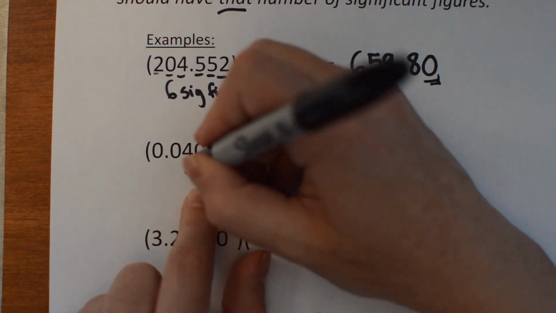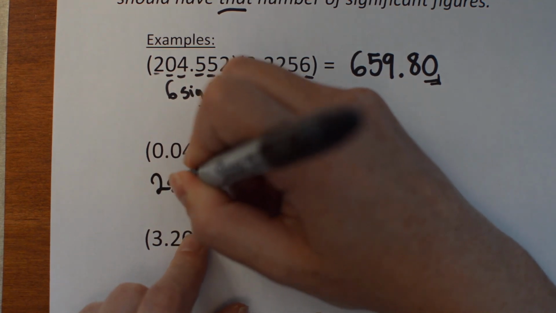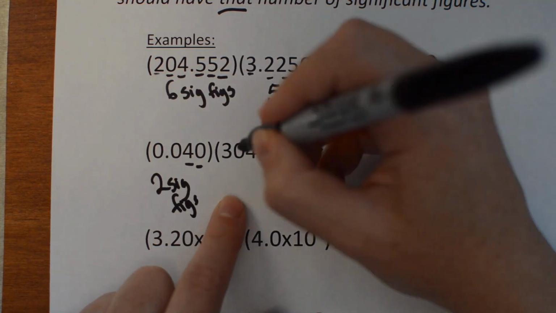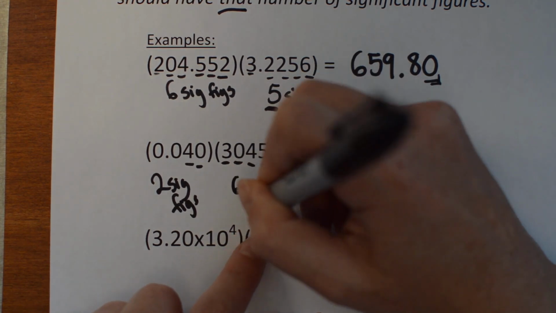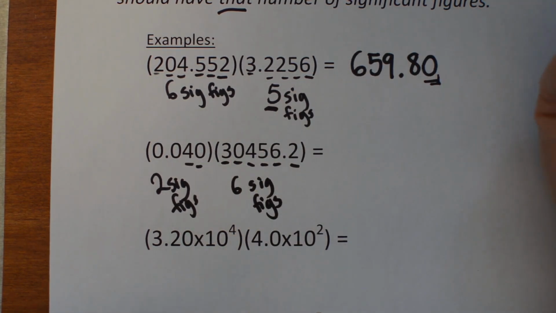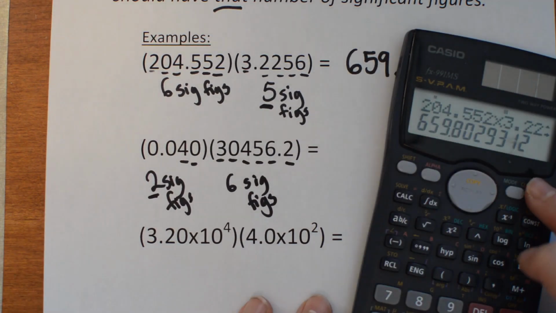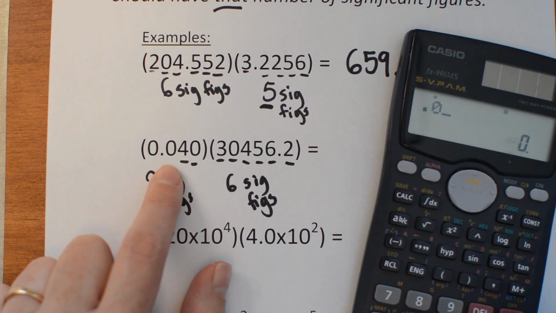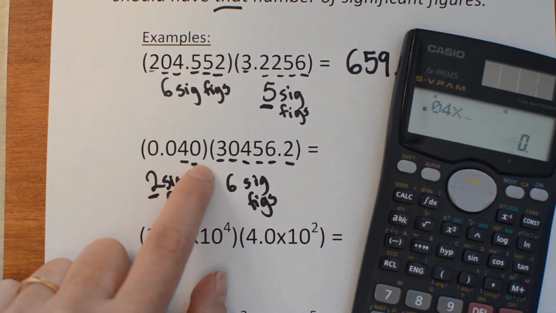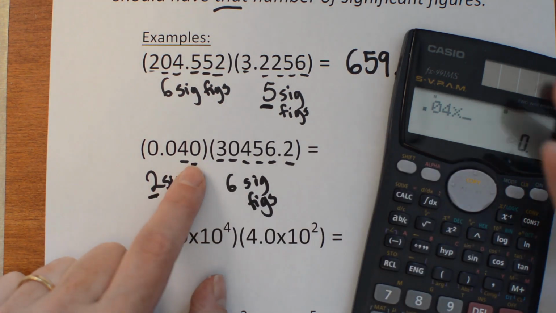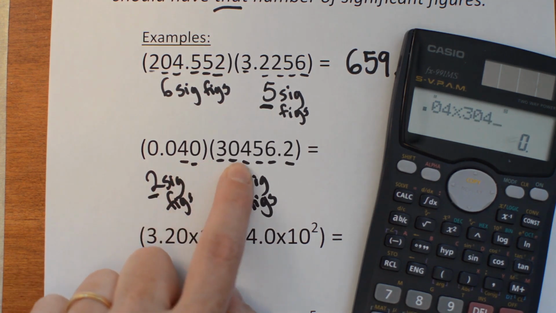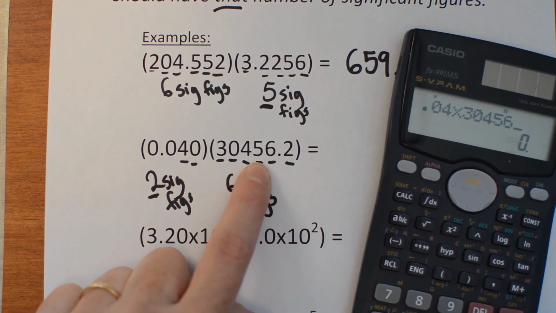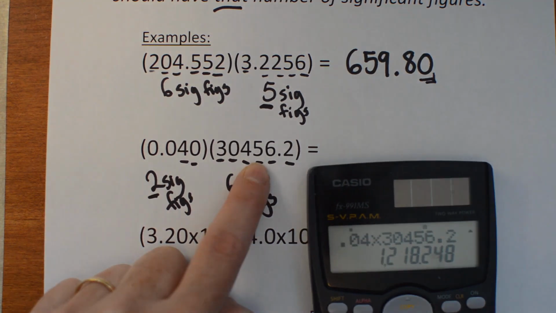So here I've got 2 sig figs. Here I have 1, 2, 3, 4, 5, 6 sig figs. That means my answer is going to need 2 sig figs, right? The smallest of those 2. So we'll multiply those together, 0.04. You don't have to put in the whole, like the 0 there in your calculator. Of course, it makes no difference in your calculator. It's just important for indicating how sure you are of the number. And that gives me